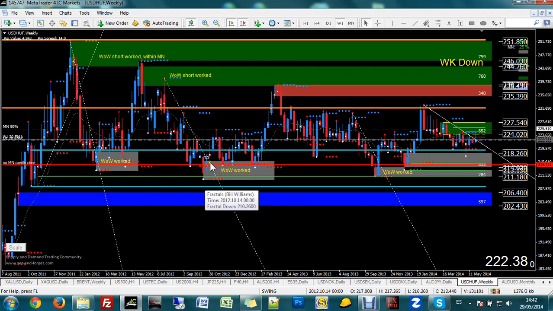drops lower, and then rallies again, breaks the descending trend line on the weekly after hitting the monthly area of demand, and then hits that area and rallies strongly from there, breaking these supply zones, and hits this area there, which is the retest of that area. Okay, price hits that area again and then drops again,